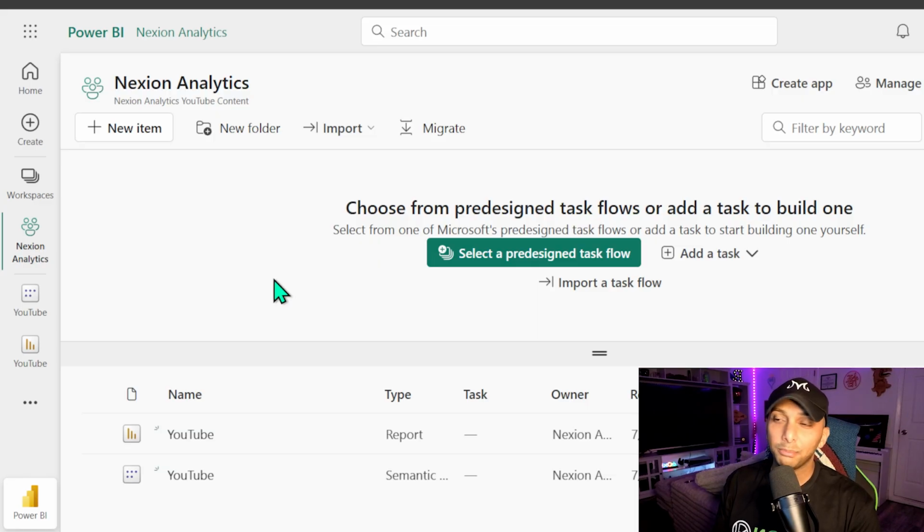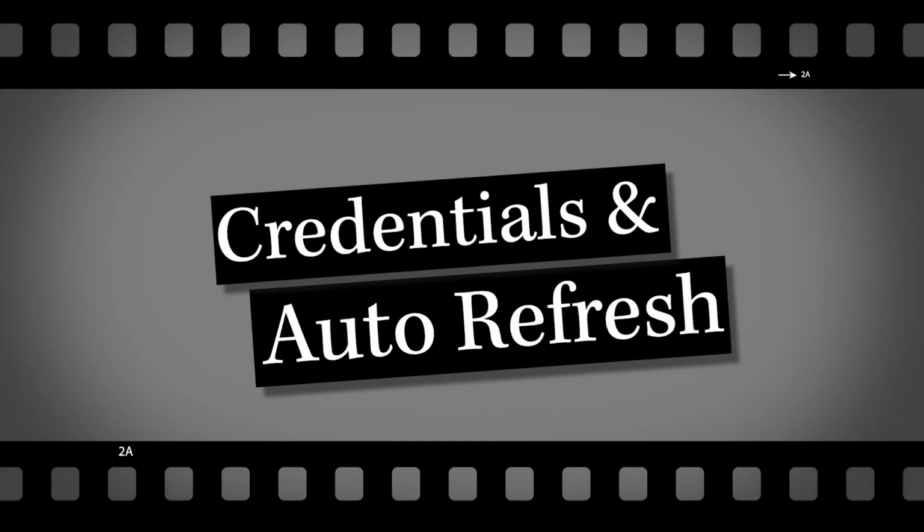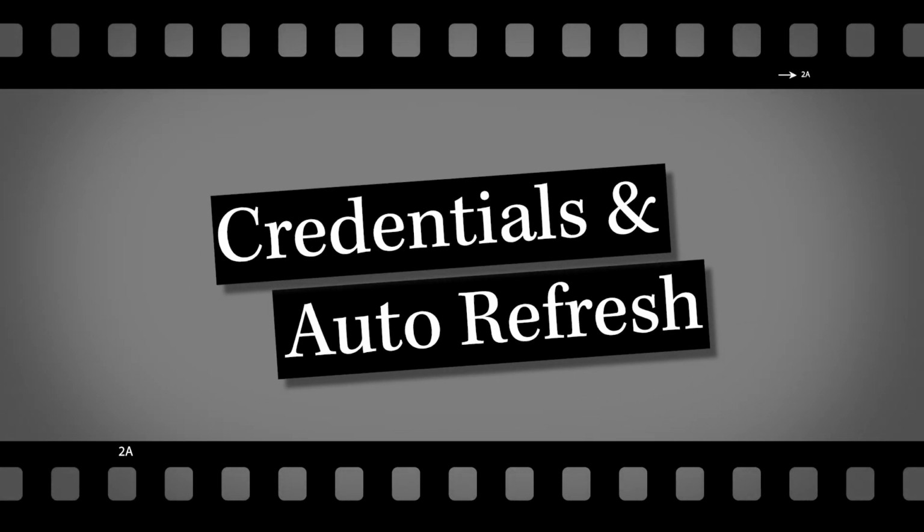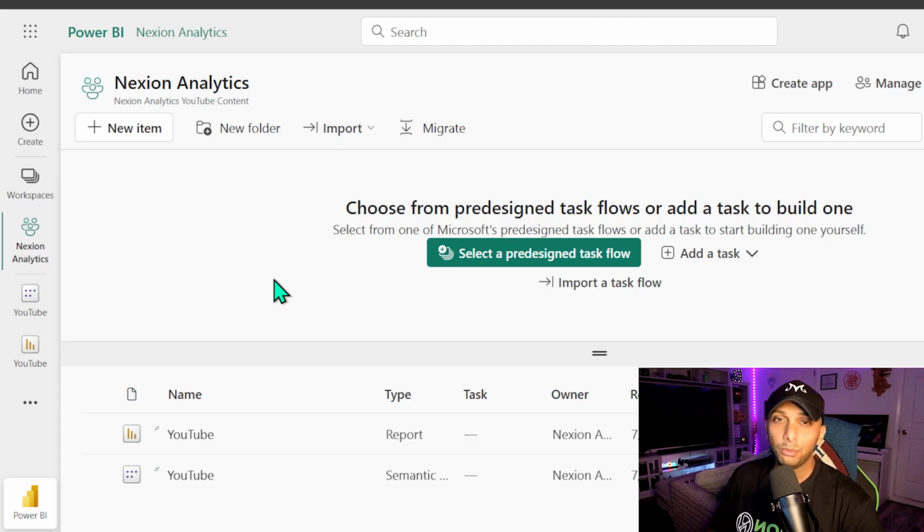Alright folks, so we're back in Power BI service, and what we're going to do today is click on our semantic model settings, and we're actually going to update our data source credentials, because previously what we did was we brought in the SharePoint folder. We didn't do the last part, which is connecting to data source credentials,